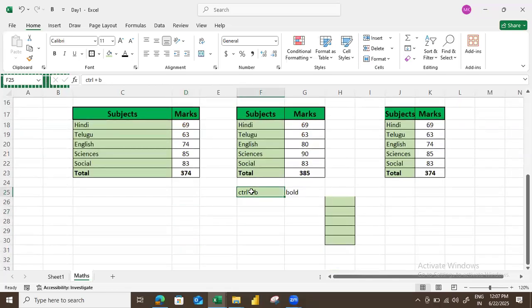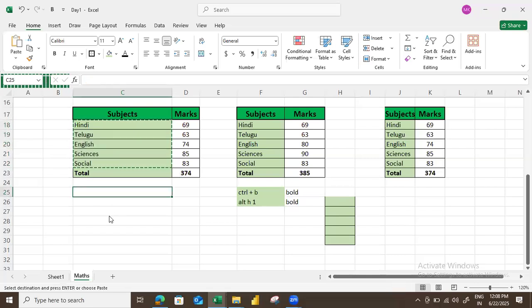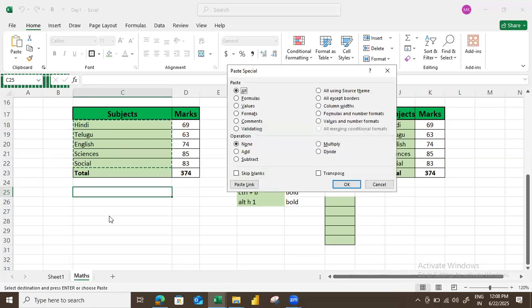But just like Control B, what we did for bold, we also did Alt H and 1 to get bold. This is the Excel way of doing it. Okay, but we have predetermined shortcuts already with us. So we can do Control B also for bold. Similarly for paste special, since it has been used a lot, we have a special shortcut. You copy with Control C. When you want to paste it, you press Alt ES. The moment you press Alt ES,